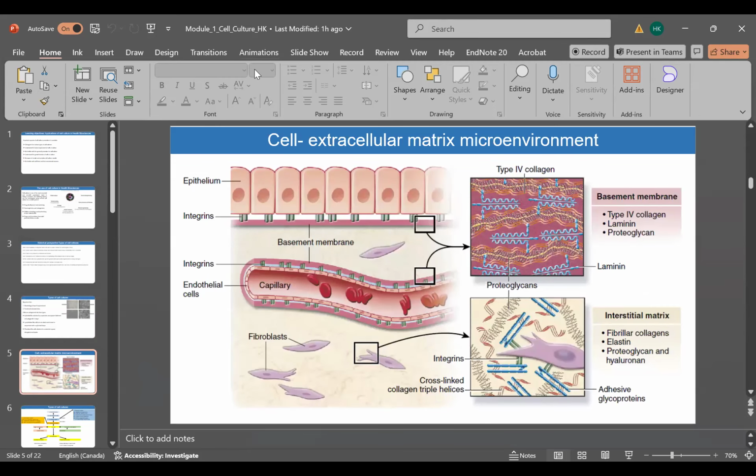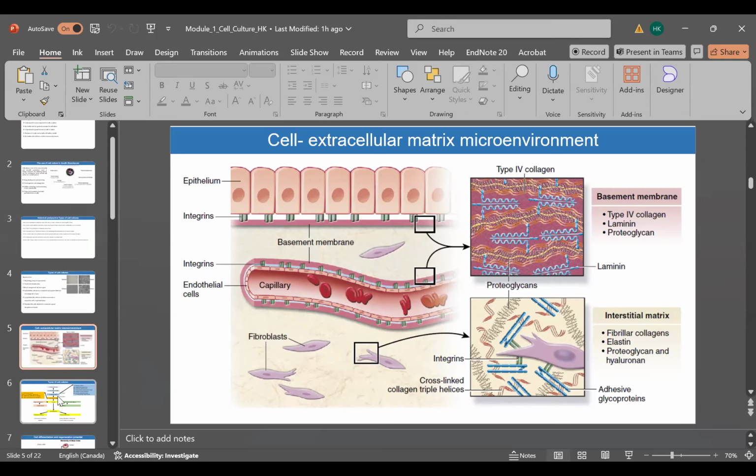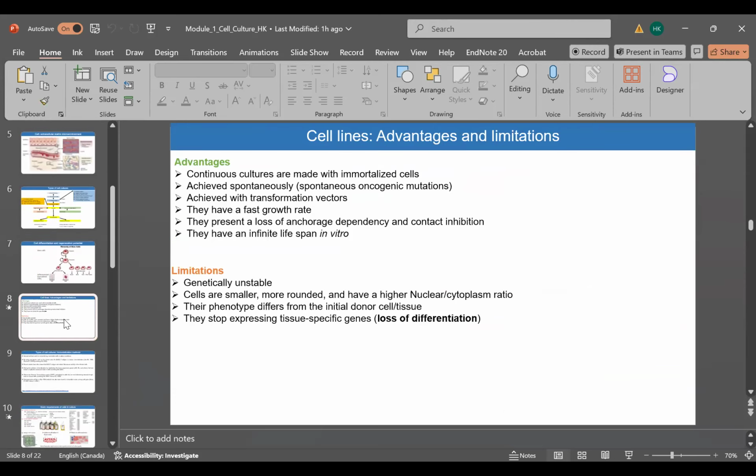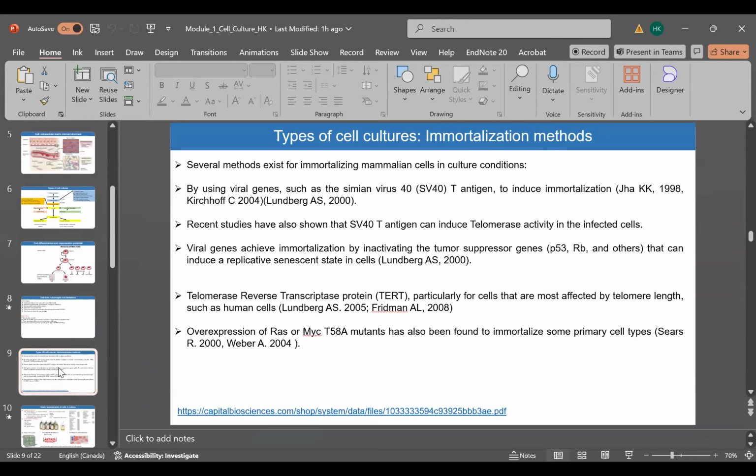I also have a question, Professor. On the slide where we're talking about a method for immortalization, I'm not sure if I understand what it means. Like, this slide just shows one method of how to do this, the immortalization process? Yes. So the immortalization process is simply by overexpressing